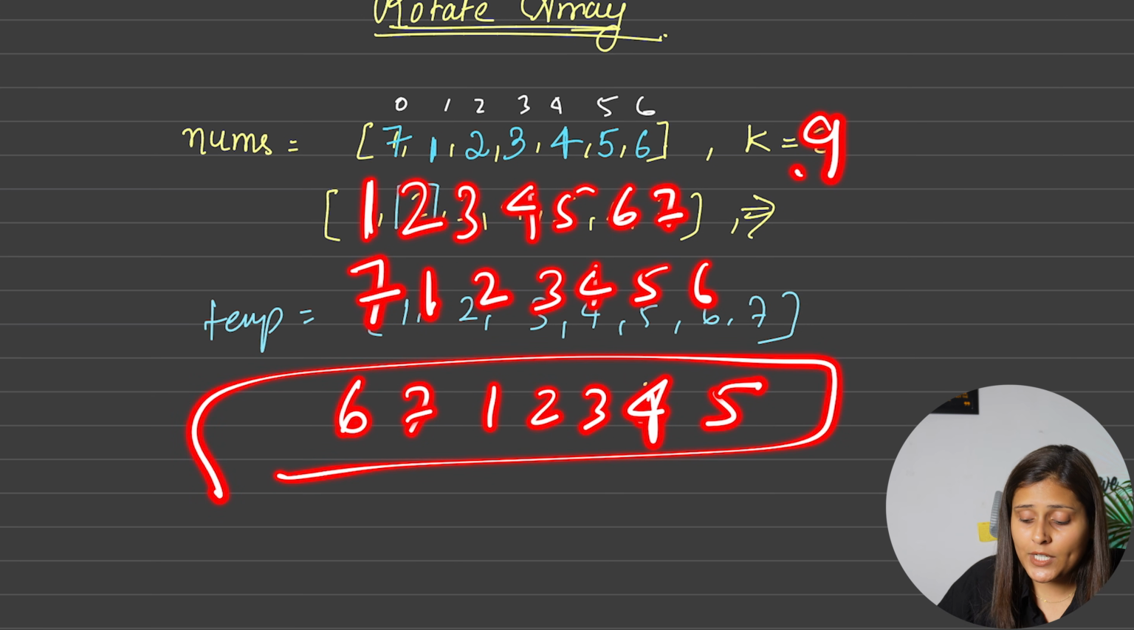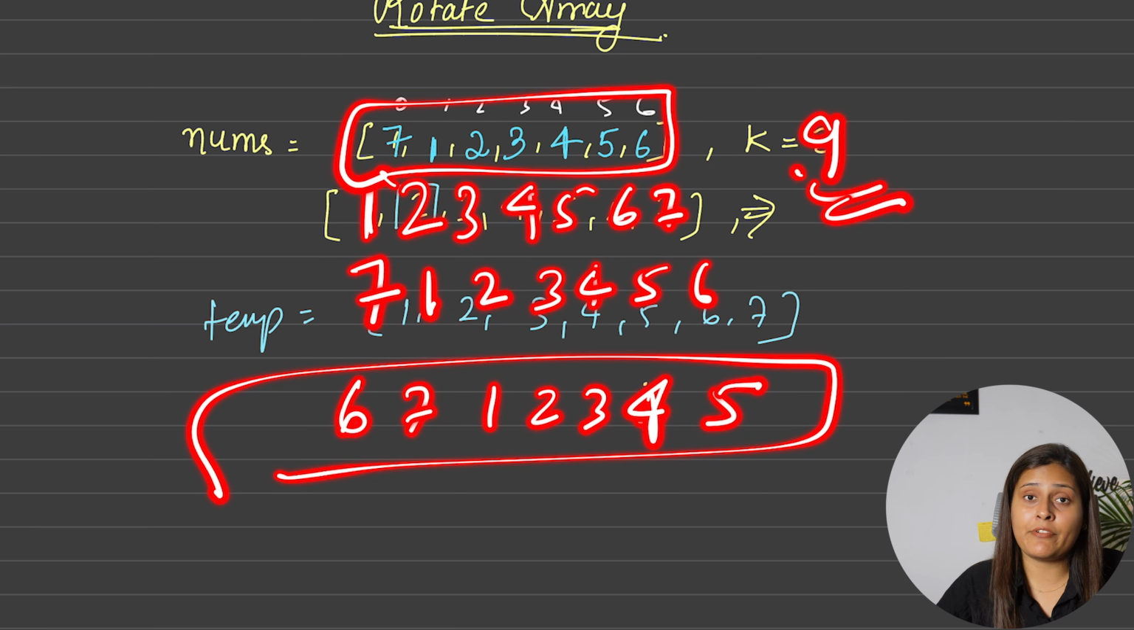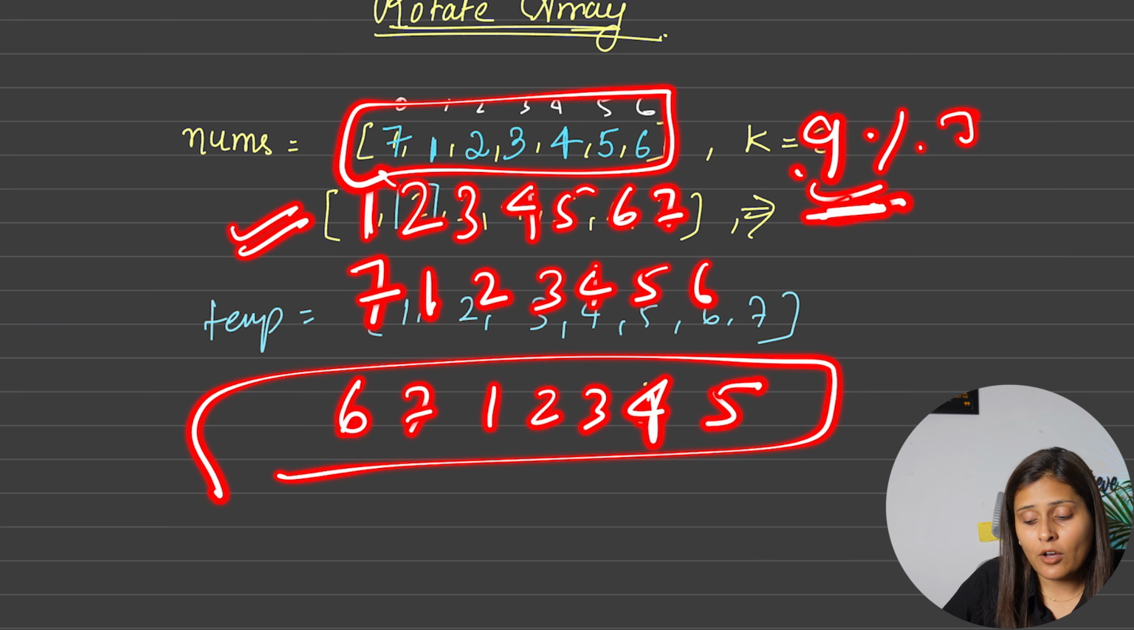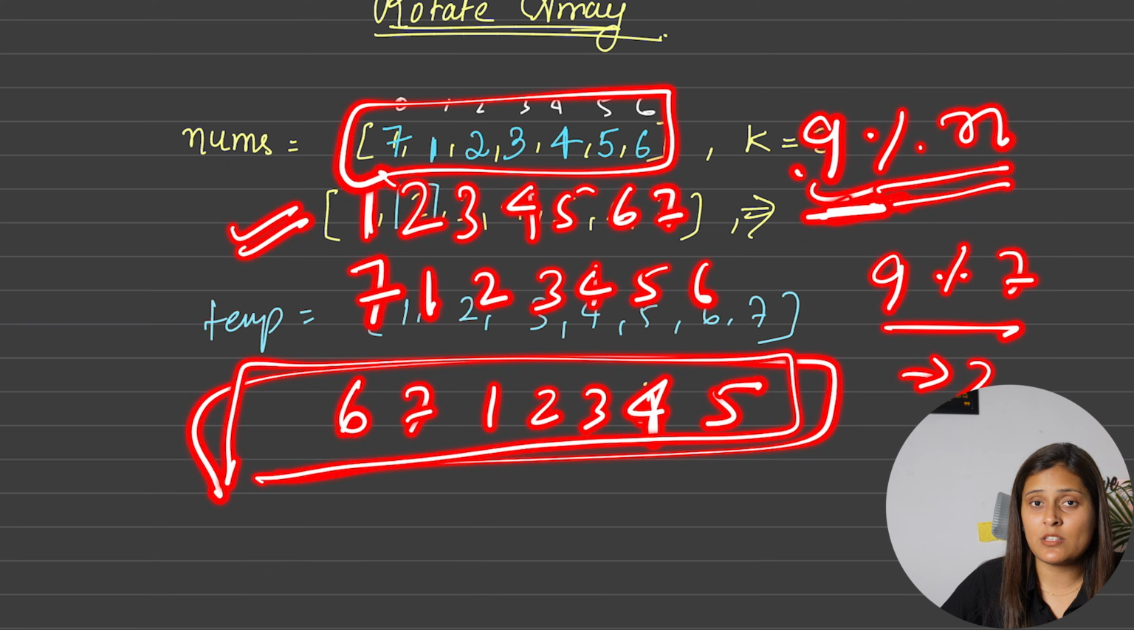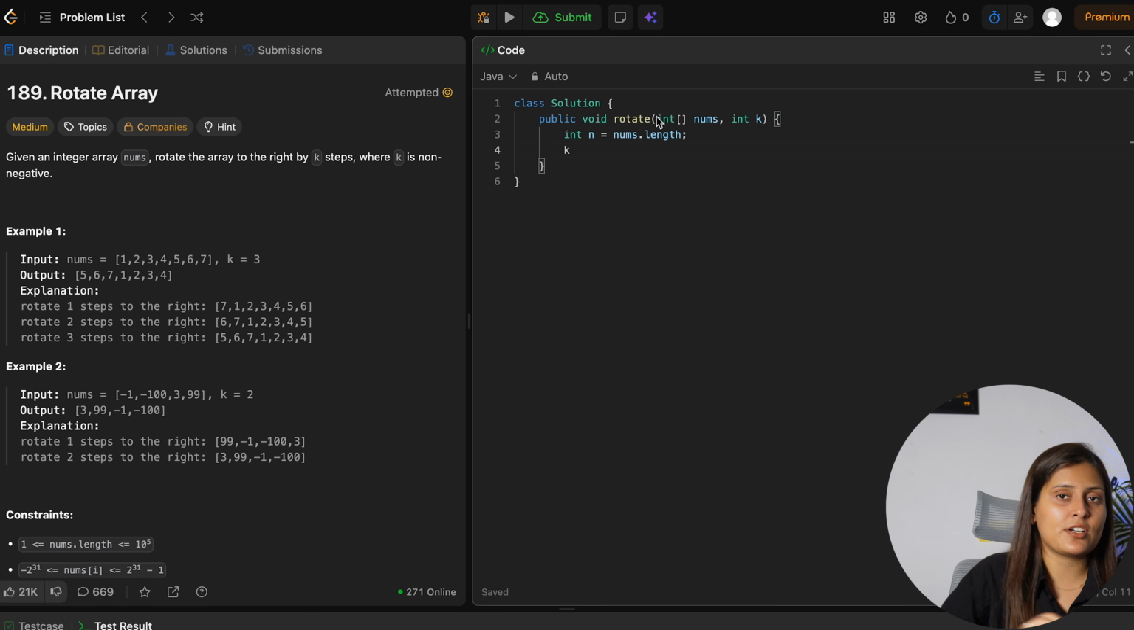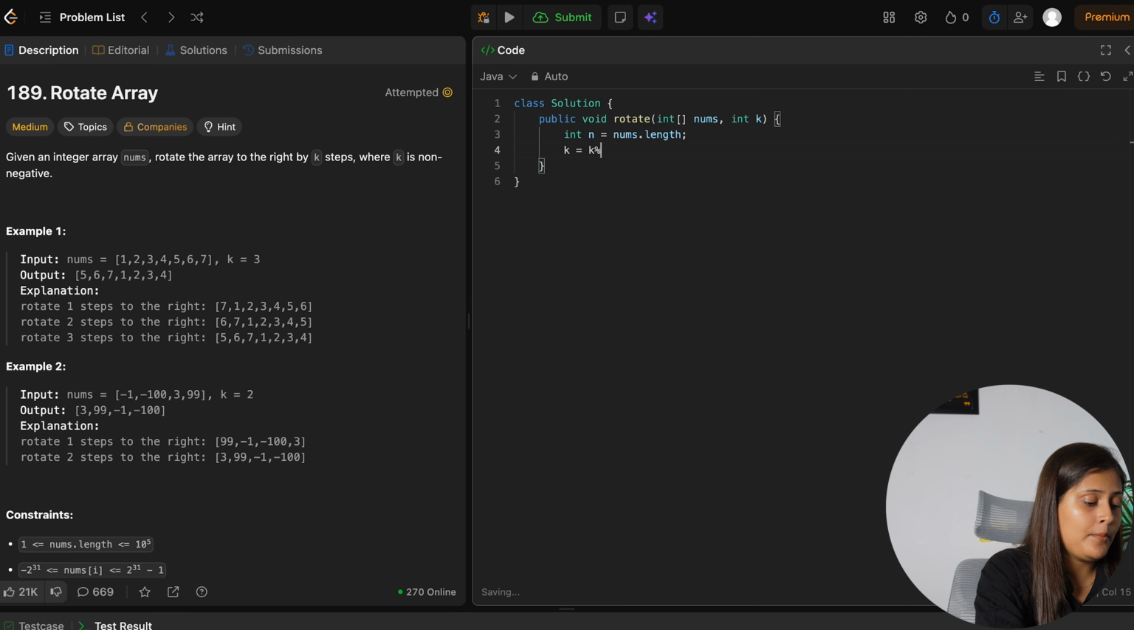Correct? So instead of rotating it 9 times, you know the length is 7, and after every multiple of 7 rotations the array becomes the original array. So how many times do we have to rotate? That is nothing but k modulo 7, or k modulo n. So you get 9 modulo 7, which is 2. So originally you should have rotated only 2 times instead of 9 times. That will save extra time complexity here. So we will do k is equal to k modulo n, because we want the original k